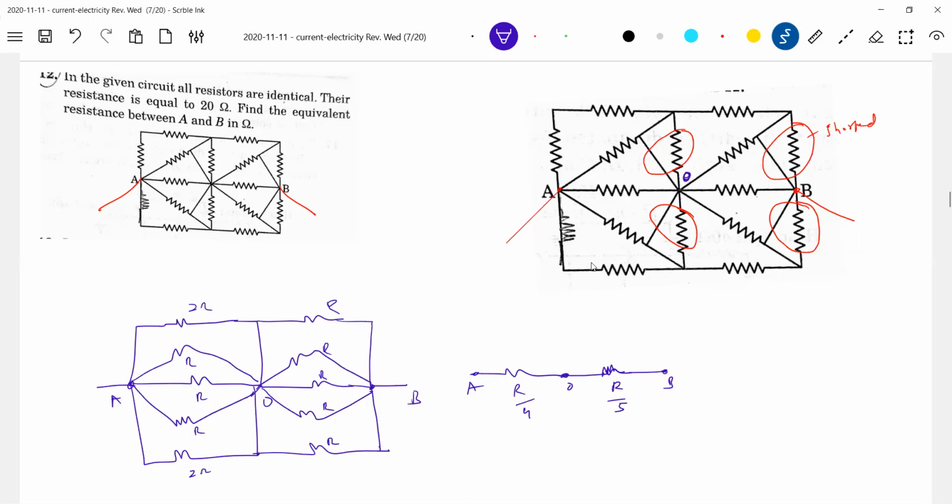The moment you see a circuit, first ask what the idea is. Is it series-parallel, a Wheatstone network? Is there any symmetry? Is there any equipotential? Is there anything like redrawing the circuit, any resistance shorted? These are the ideas: series-parallel, Wheatstone network, equipotential, short or open circuit, then symmetry.